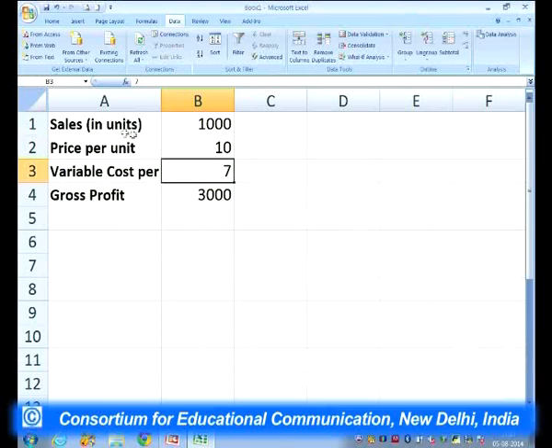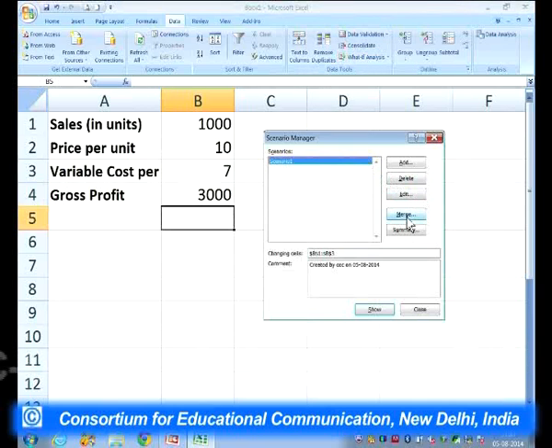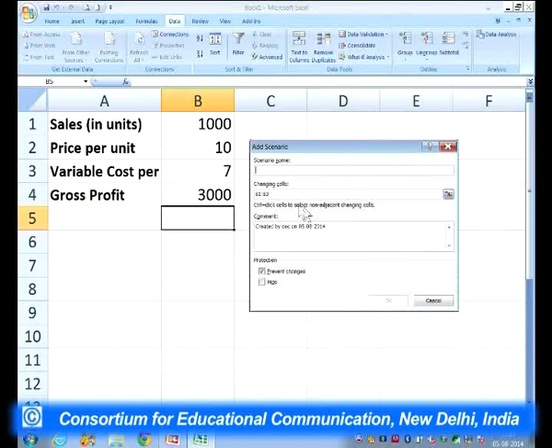But what you have to remember is that when you name a cell, there should be no gap between the letters that you are using. So we say variable cost, but if we leave a gap, it won't accept it. Similarly, we name this cell as G profit. Now if we again go back to the scenario manager and press this, and again take these things,